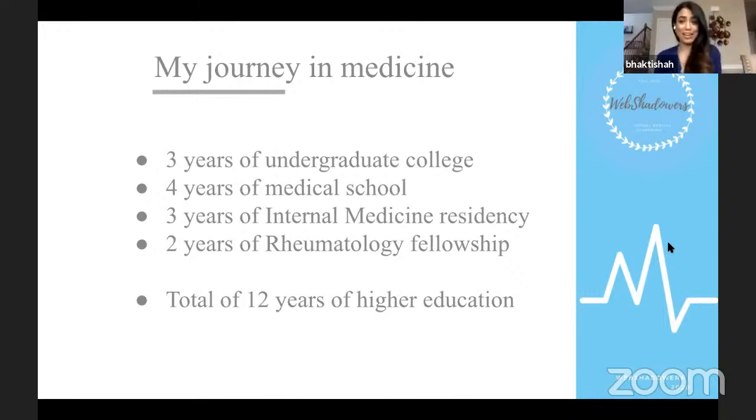Should I have taken some extra classes? Should I have learned a new language? I don't know. But looking back, I don't regret it. It really helped me move through at a quicker pace. And because of that, I was able to finish medical school at 25. And I was able to finish all my training by 30, which seems late, but a majority of doctors end up really starting their career in their mid-30s. You get your first job when you're about 30 to 33 on average. Like I said, long journey, but very, very worth it.